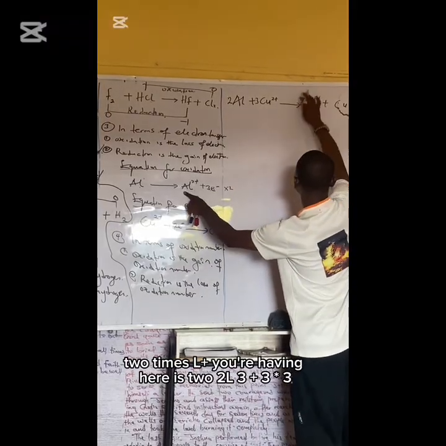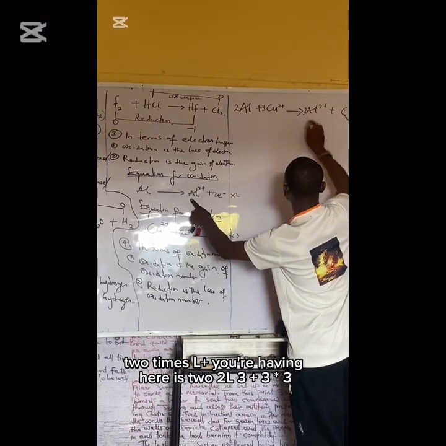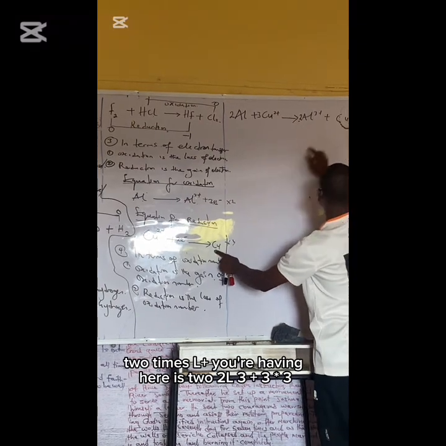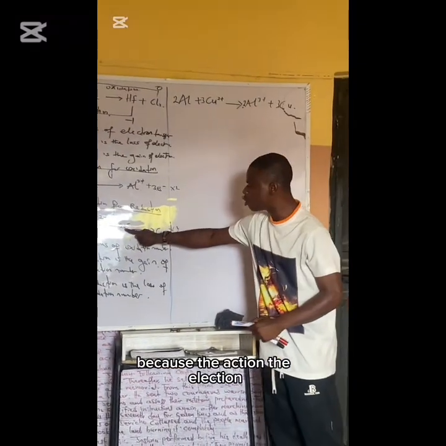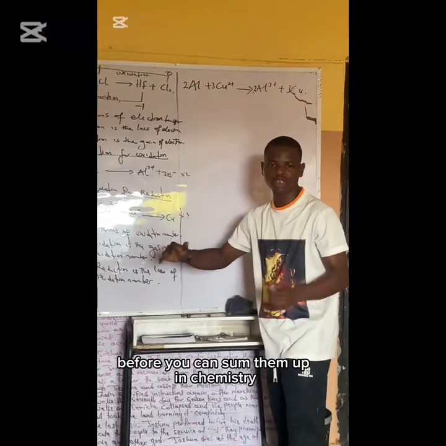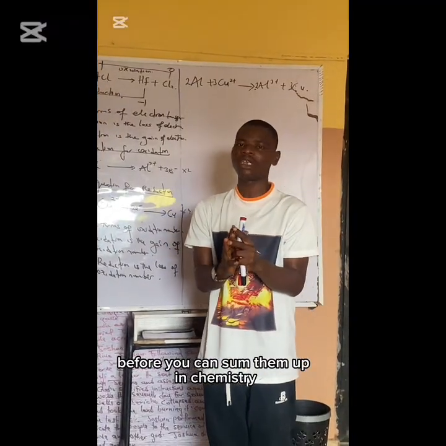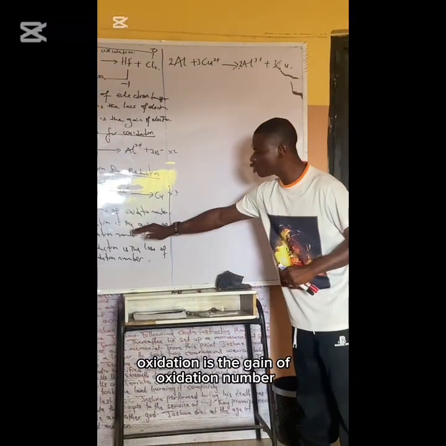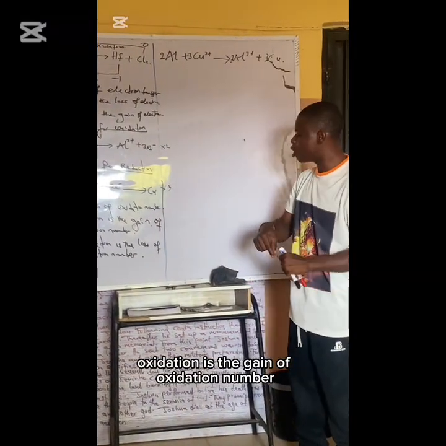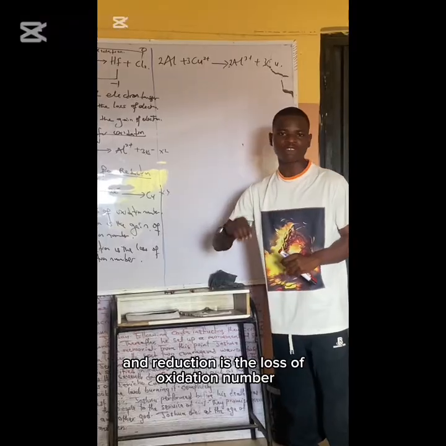2 times Al plus, you are having 2 Al 3 plus. 3 times C, you are having 3 Cu, because the electron must be balanced before you can sum them up in chemistry. So let's use this to explain how oxidation is the gain of oxidation number and reduction is the loss of